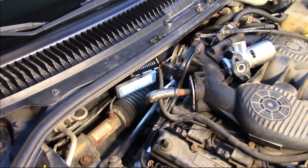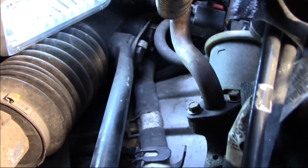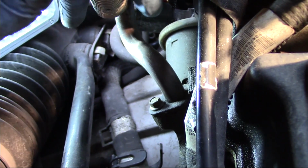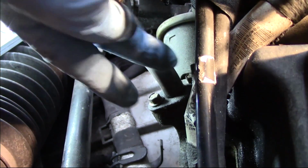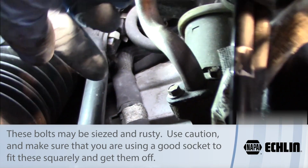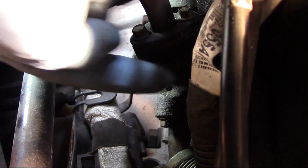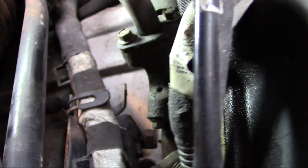And so now I'm going to try and do a little freehand work here and get in and take you to the back side of the intake where you can see the EGR valve. And so there's an electrical connector towards the top here. I'm going to have to remove a locking tab and get rid of that. Then there's two bolts for the tube going to the intake, the tube which we're going to replace. Then if we look in a little closer, we can see bolts for the exhaust tube. And then off to the side is our two bolts for the actual valve itself, the bolts that hold it